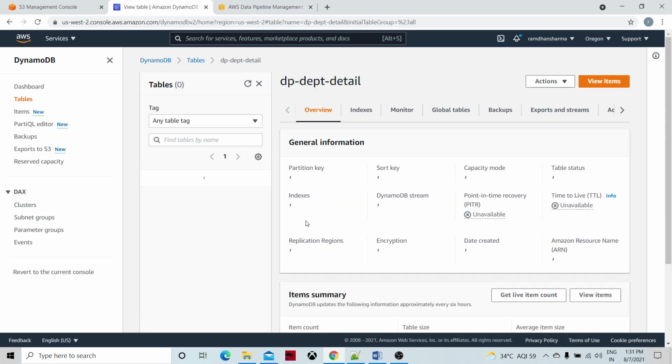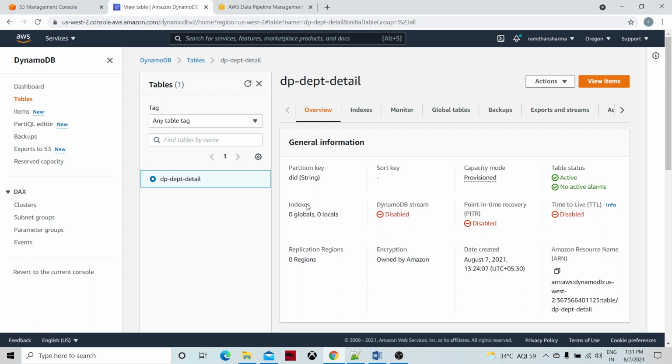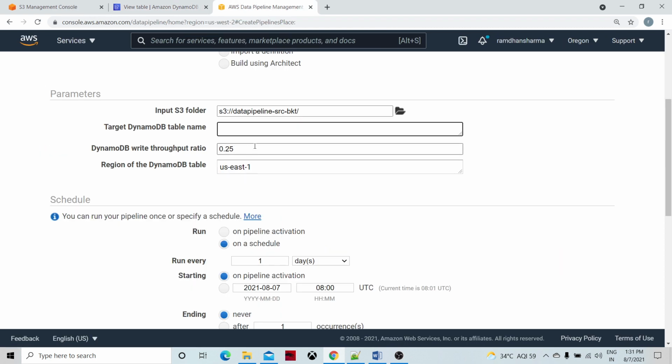So this is my table name. Let me copy this table name. Okay, I have copied this table, and we have to give the table name and the throughput ratio, which I can provide more or less depending on need.